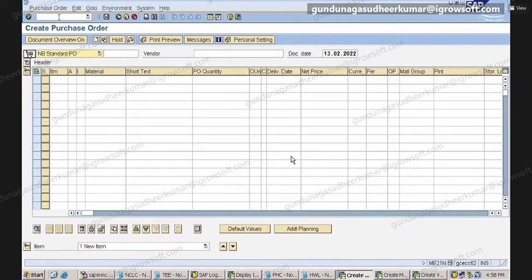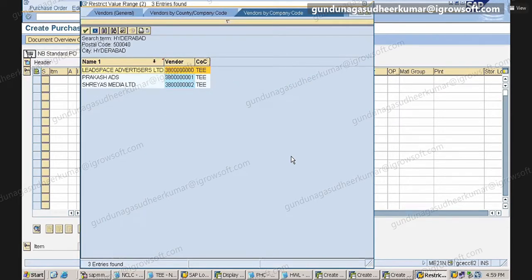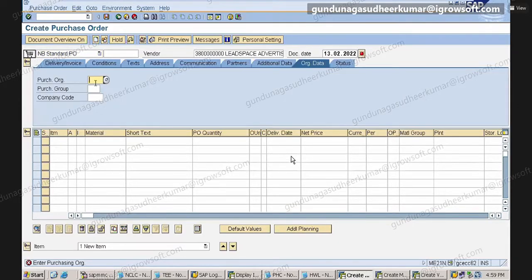Okay, so now here, who is the vendor? 38. This is the central vendor, no? Yes. Now here, header. What is my purchase organization name? What is my group name?